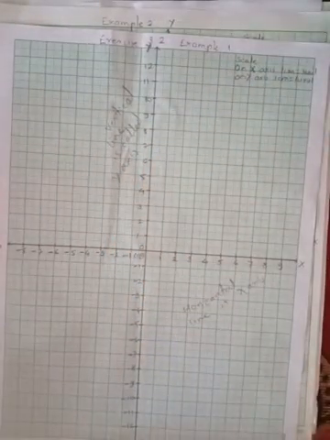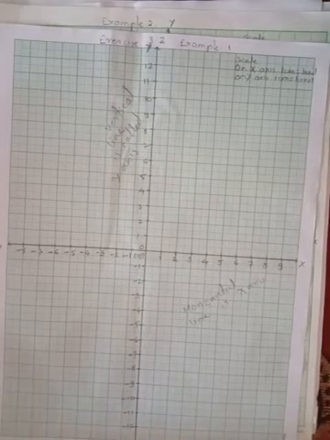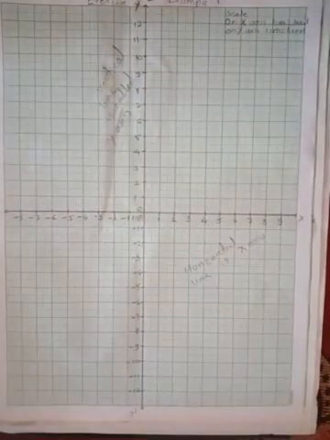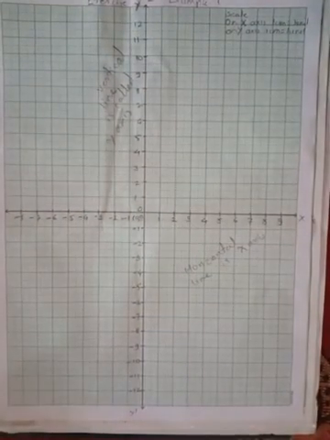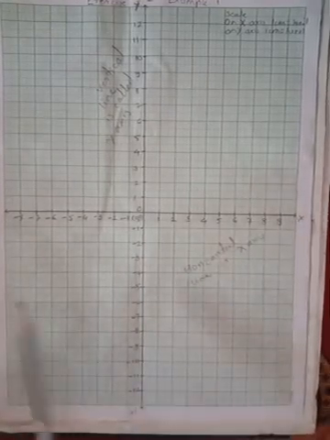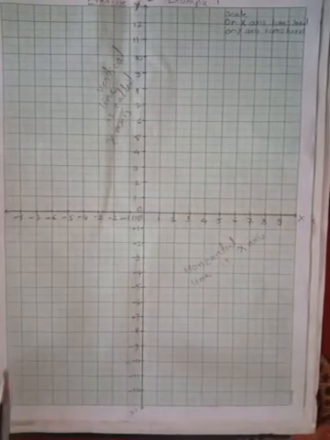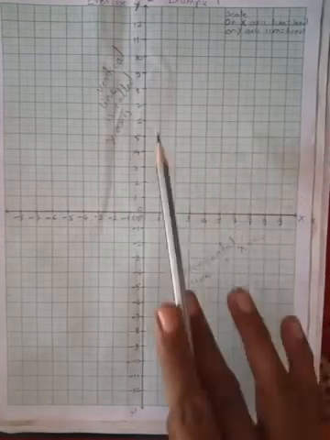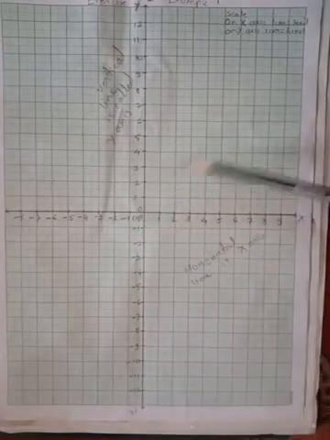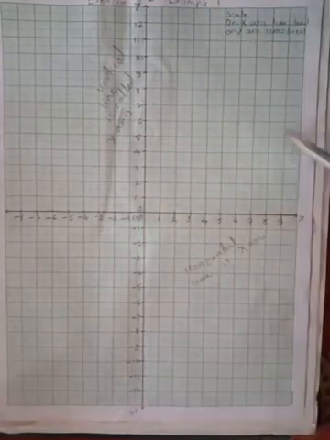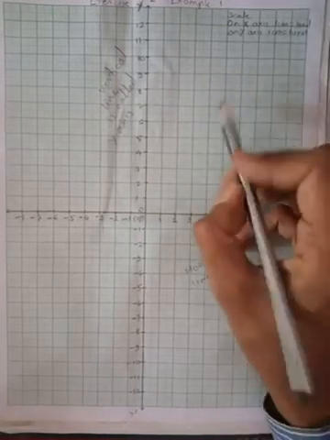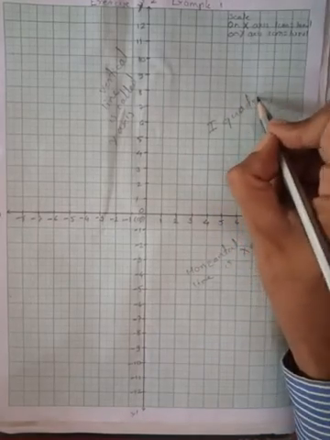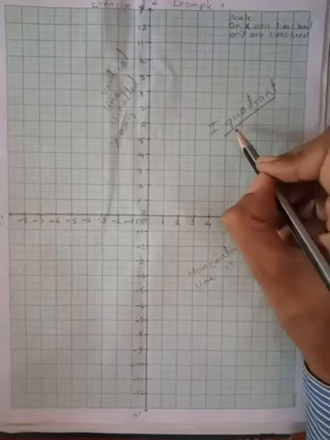Next, second question is, what is the name of each part of the plane formed by these two lines? Now these two lines intersect and they form a plane. This plane is called Cartesian plane, also called as xy plane. Now it divides into four parts. The area between positive direction of x-axis and the positive direction of y-axis, this total area is called as first quadrant.